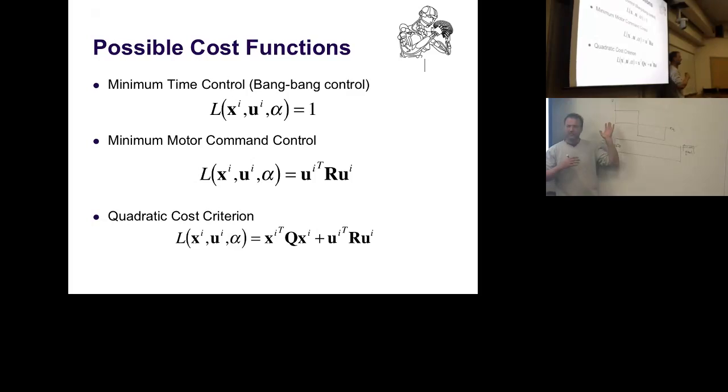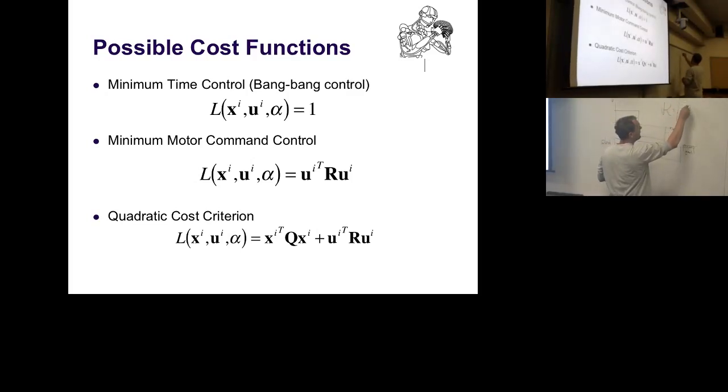And it's kind of important to know that when you see problems like this, they're much simpler to tackle than some complicated continuous time problems where you cannot do the switching, where the motor command permanently varies. So it's just a good thing to know. Bang-bang control is kind of the technical term people like to use. Another one is minimum motor command control. That's very simple. These are vectors, so we take a squared motor command, and we may put some metric in between. So R is a positive definite matrix, and you can basically say R equals just the identity matrix if you want.